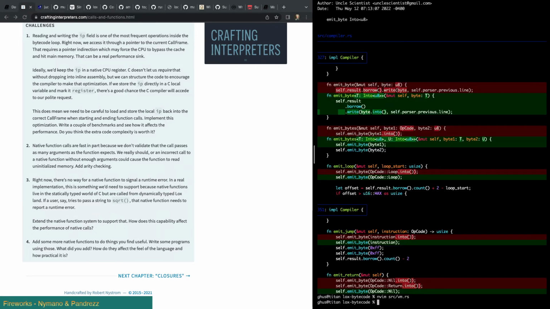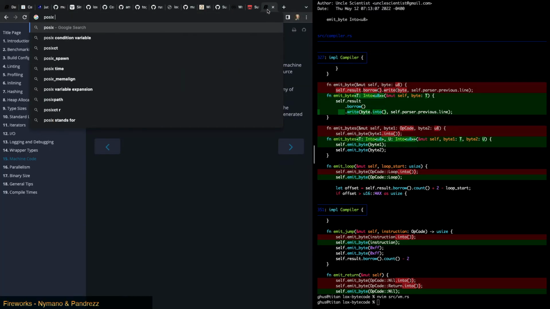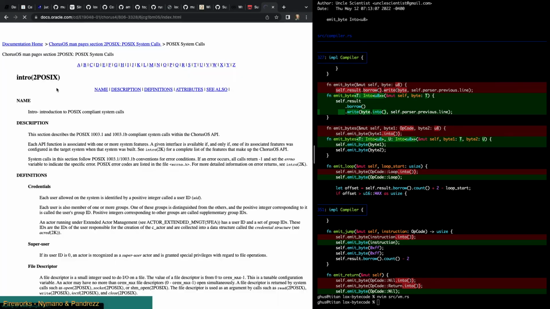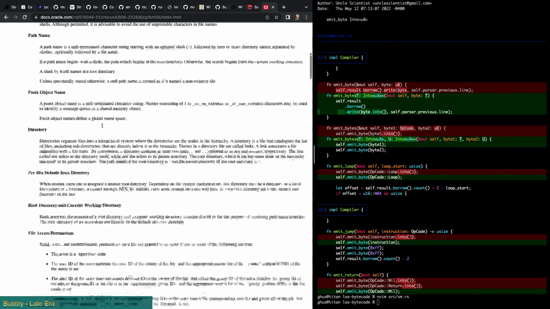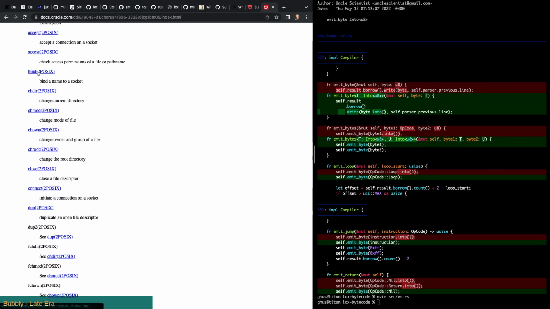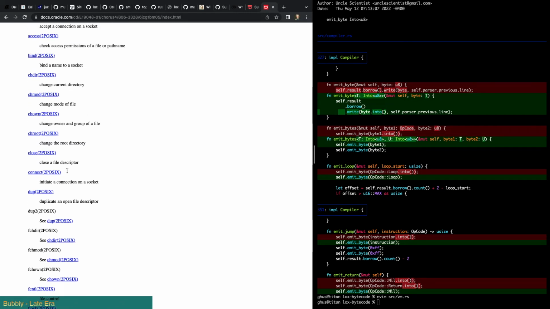I guess we could take a look at all the POSIX system calls and go through each one of those and add a function for it. Why is the first one an Oracle? That's weird. Bind. Oh yeah, so network I/O. But this is all file system stuff here.